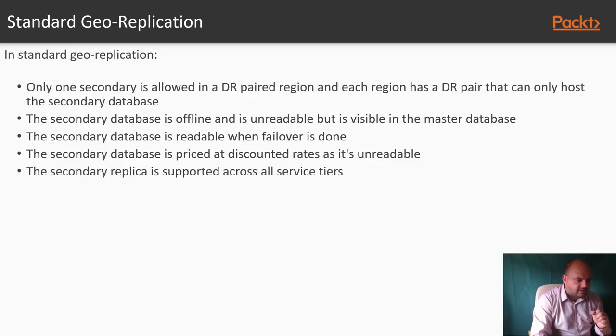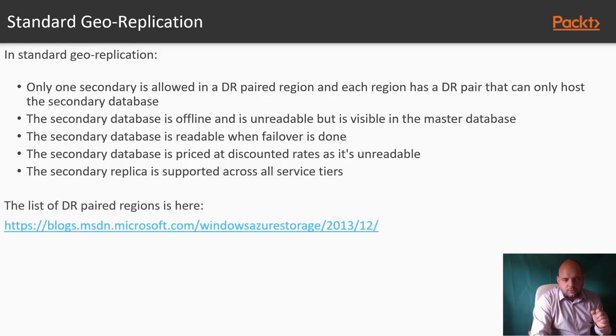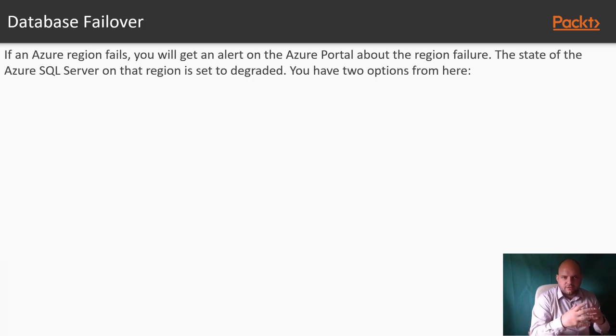Now, we can get a list of our disaster recovery paired regions on this Microsoft blog. And it just lists which are the DR pairs for each region. They're usually within close proximity to each other, but not that close. Now, the key thing here is failover. If an Azure region fails, you will get an alert on the portal about the region failure. The state of the Azure SQL Server on that region is set to degraded,